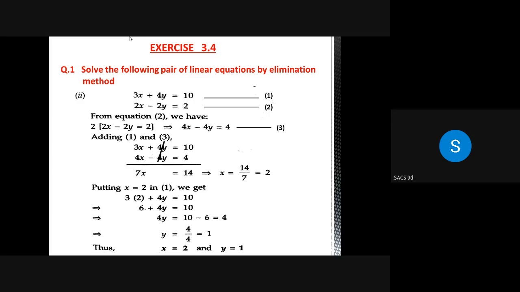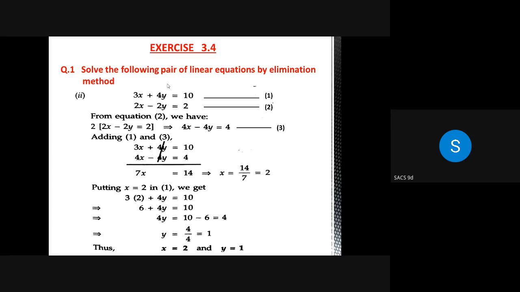After that, you will cancel out plus 4y and minus 4y. The remaining 3x and 4x will be added, so you will get 7x, and 10 plus 4 you will get right hand side as 14. So after solving that, you will get x equal to 14 by 7, that is 2. So one of the variables you have obtained, you can substitute this variable in any of the equations and you can obtain the next variable, that is y. So y value I will get as 1 after substituting x equal to 2 in equation 1. So this is how you will be solving using elimination method.